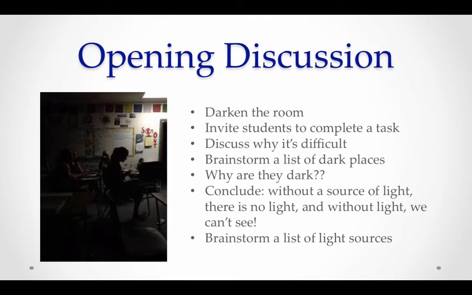You'll want to start by darkening the room as much as possible and ask students to complete a task. I like to ask them to begin describing for me how it is that we see. You can invite them to use words or pictures and create a model. Show me how it is that we see. Create an explanation. And if the room is dark enough, before too long, kids will notice that it's really hard to see, and they'll start to complain and raise objections about the fact that they can't